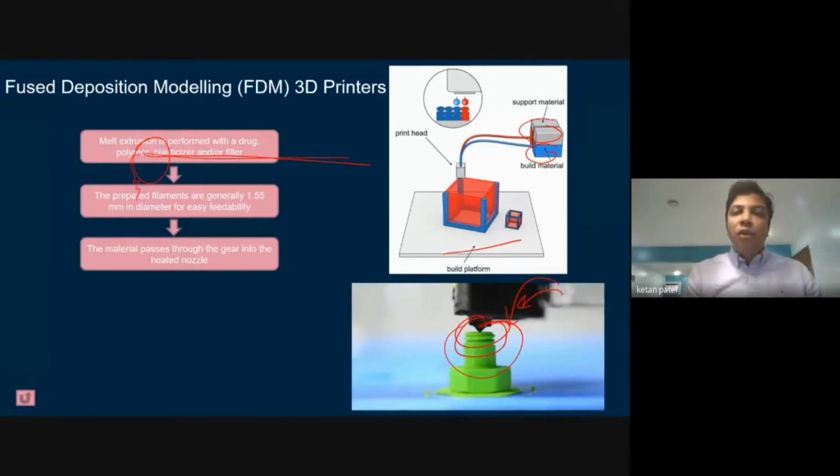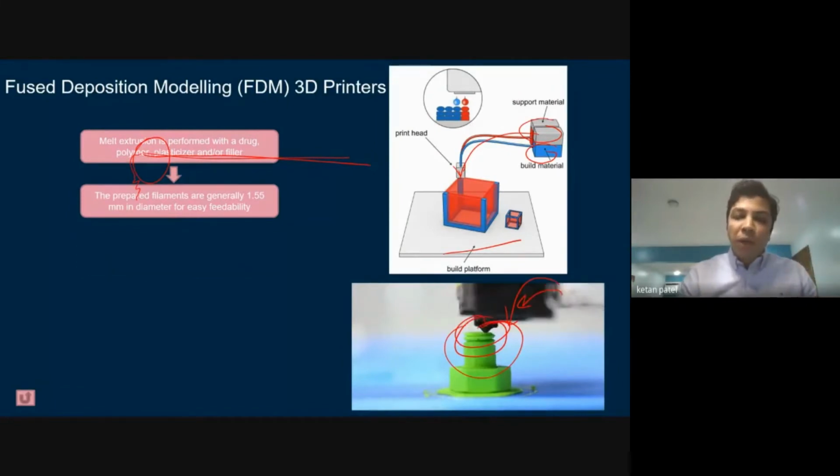So the first step is hot melt extrusion. We take a drug, we take a polymer, which is a pharmaceutical grade polymer, and a drug, plasticizer, everything. We pass it to the hot melt extrusion, and we feed it to the hot nozzle, and we give some command. So in general, in a 2D printer,